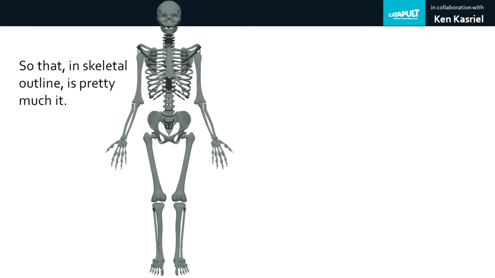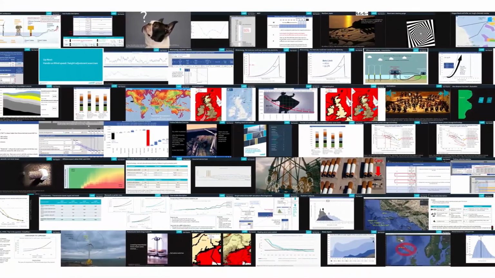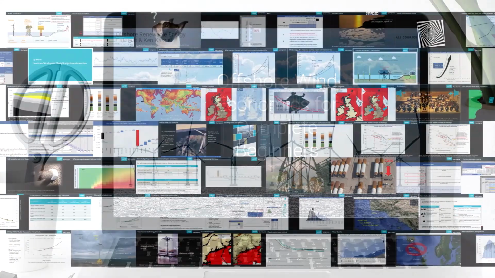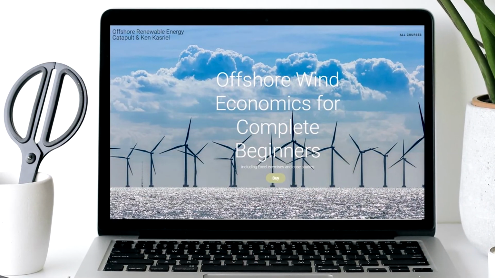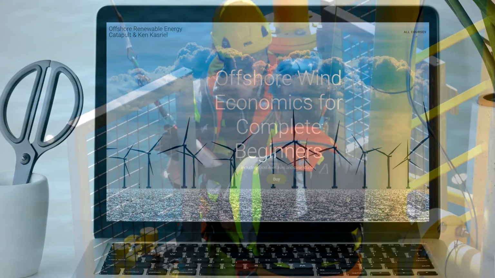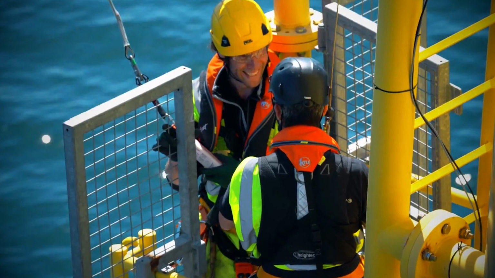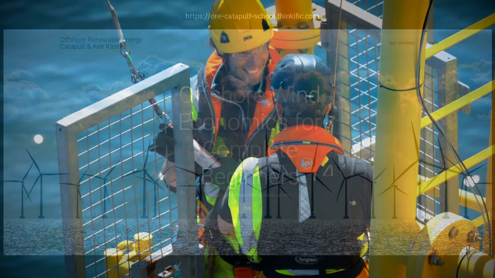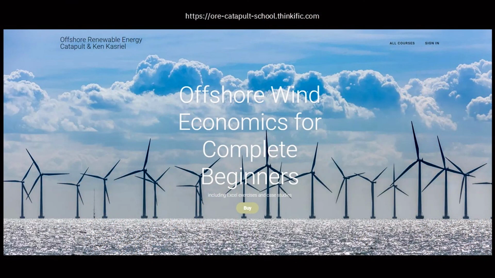So, you'll see that we've really just covered the bare bones in this overview, which can't do full justice to all the material in the course. So, if you're thinking about a career in offshore wind energy, or if you're an employer looking to help get new, specialisable, but not yet specialised staff off to a good start, or are just curious, visit us at